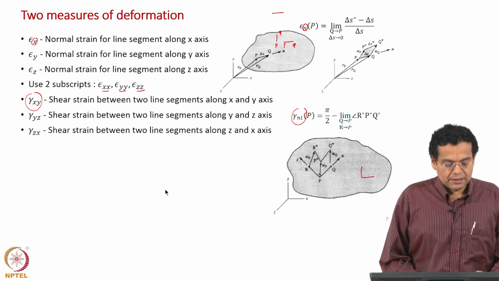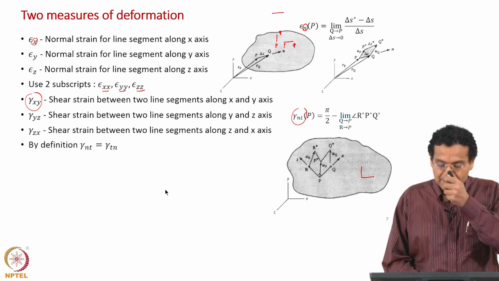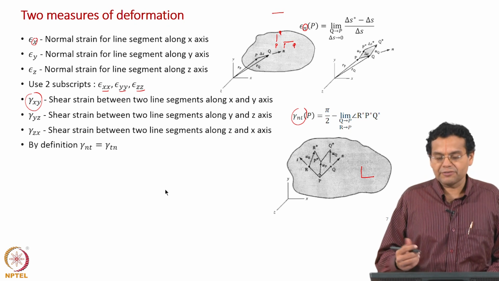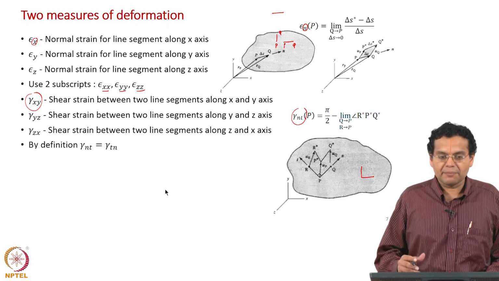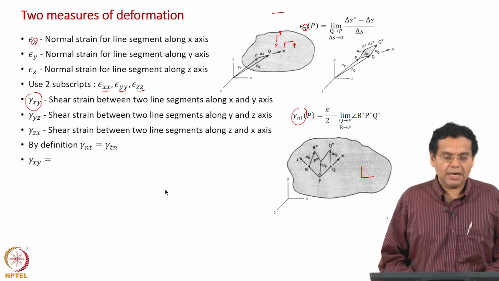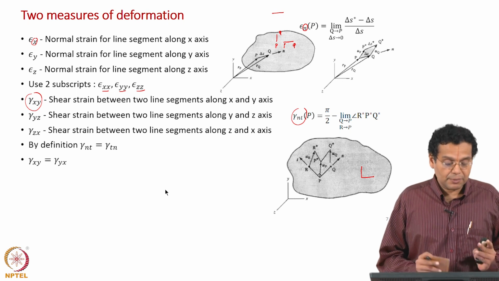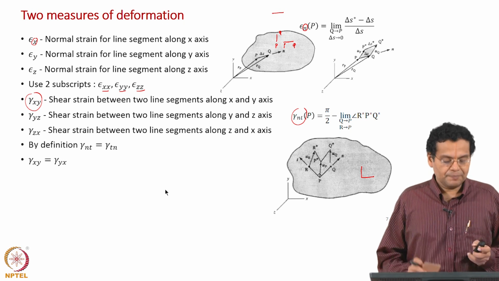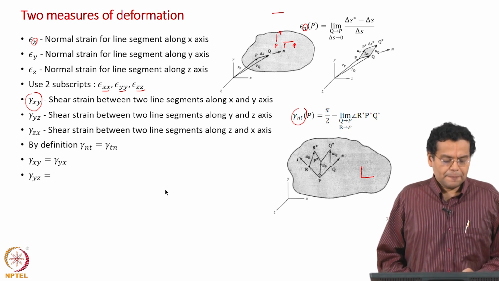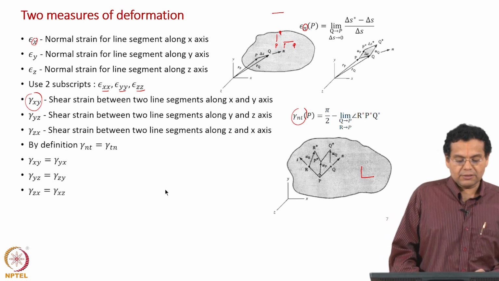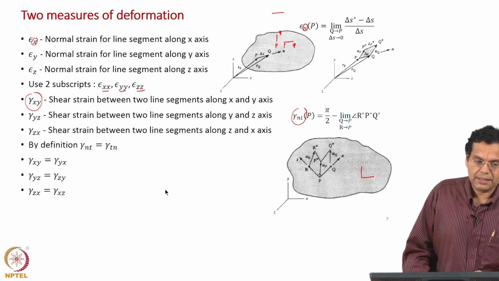Okay. And by definition, how do we define shear strain? Shear strain represents the difference in angle between initial state and final state. So, does not matter whether it is gamma nt or gamma tn, it is same. So, our gamma xy will be equal to gamma yx, just angle. Remember, we are not considering any direction here, that will come later, but right now just difference in angle. So, difference in angle does not matter gamma xy or gamma yx. Similarly, gamma yz equal to gamma zy, gamma zx equal to gamma xz.